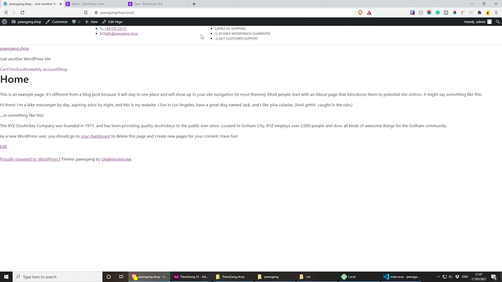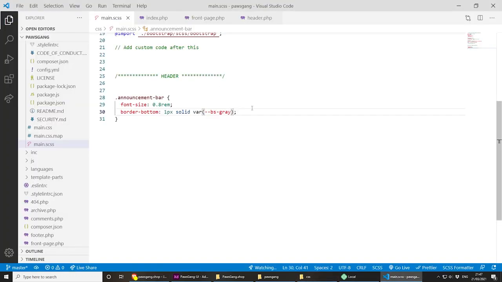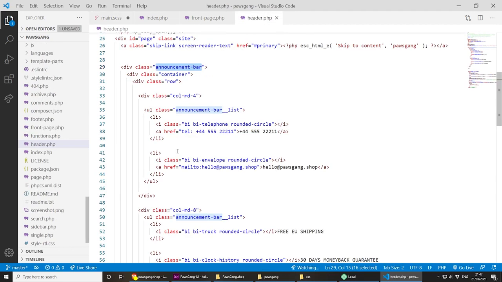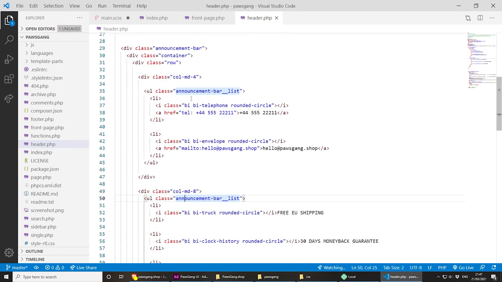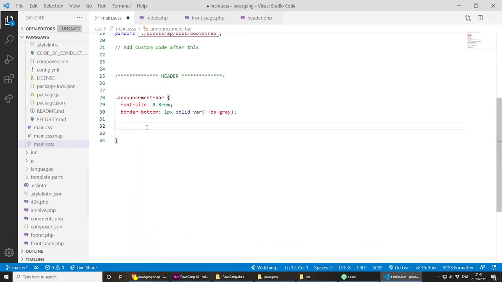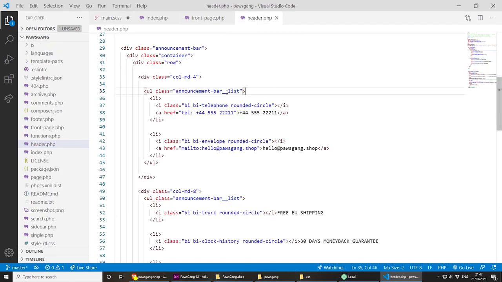and the font is much smaller now, which is great. Now for the next part, I'm quickly going to style the list a little bit. If you remember, we added this URL, and inside the URL we have lists, and the class names are exactly the same, so we can style this super quickly. What I can do is inside here, I can do ampersand underscore list, and this would mean that announcement dash bar underscore list,